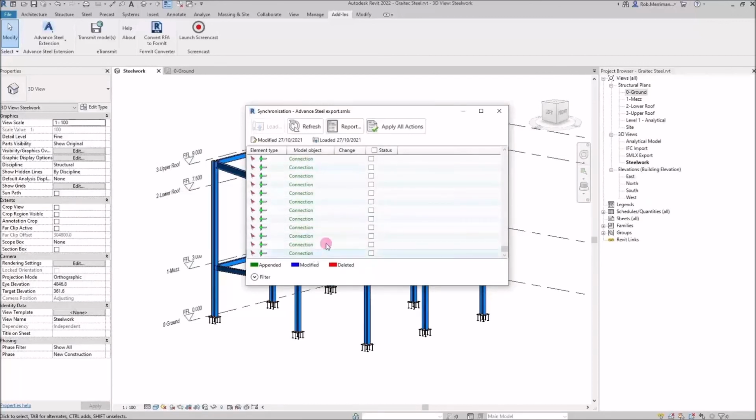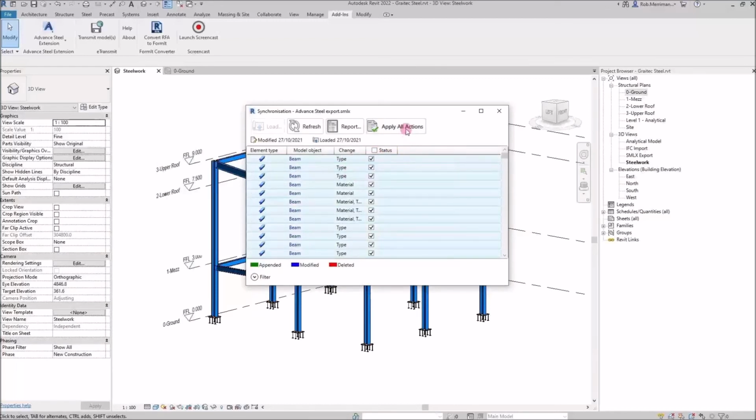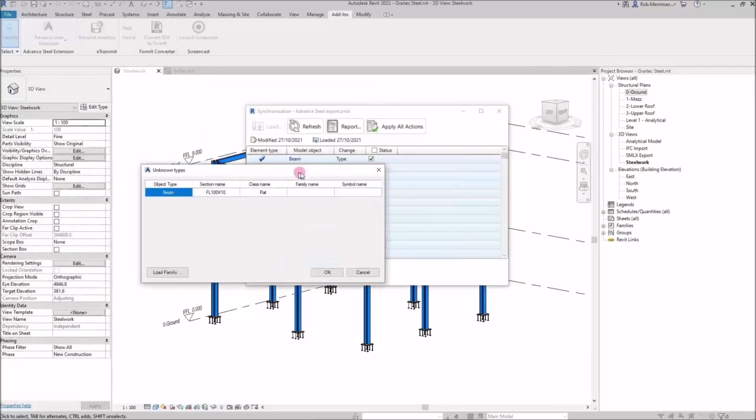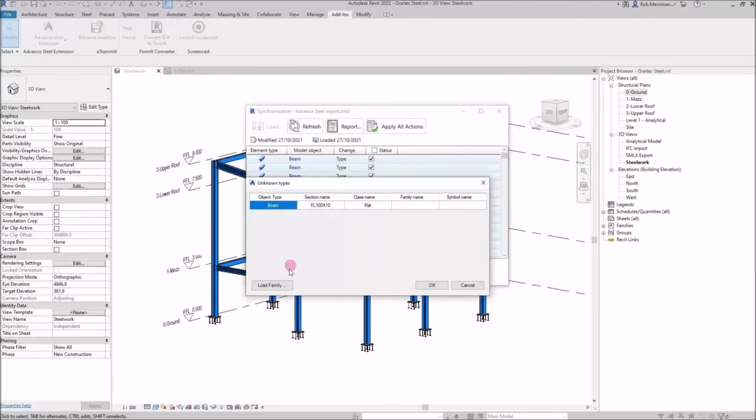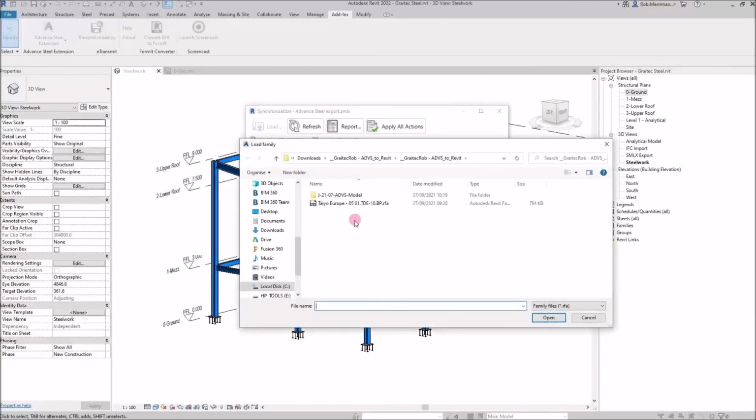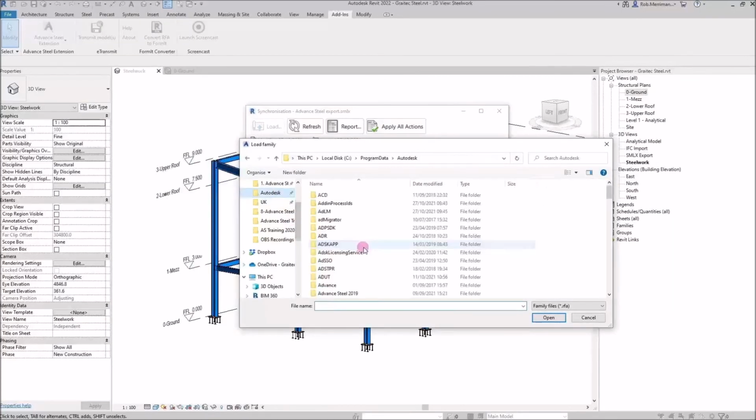So I will select everything in here, and I will tick the box and I will say apply all actions. That will then go to, well, the system will look to update my original model, and it will apply all of these changes. Now this is okay, so it's looking for one beam, it's looking for 100 by 10 flat bar. So I need to go and load in that flat bar, so we need to go and look